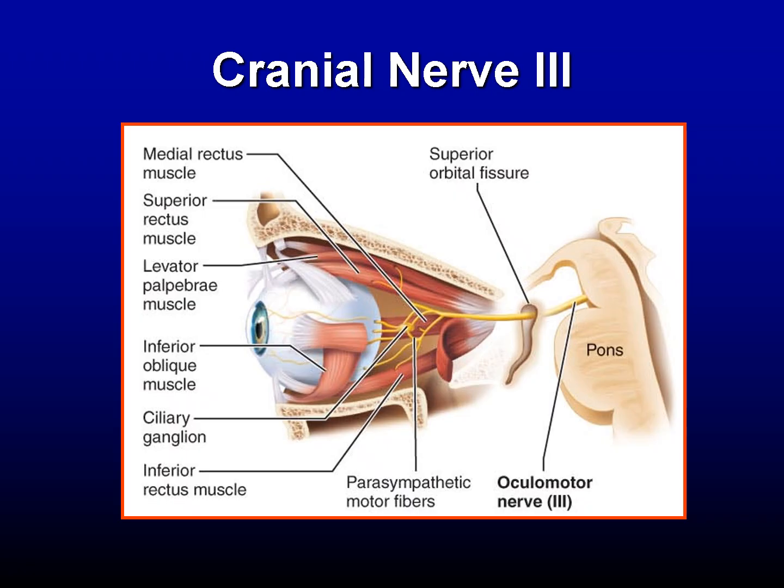In addition, the oculomotor nerves carry parasympathetic fibers to the circular muscles of the iris, which cause the pupils to constrict in bright light or when focusing for near vision. Other parasympathetic fibers control the shape of the lens, which needs to change thickness in order to focus images on the retina. Some of the parasympathetic cell bodies are located in the ciliary ganglia, where they synapse before entering the